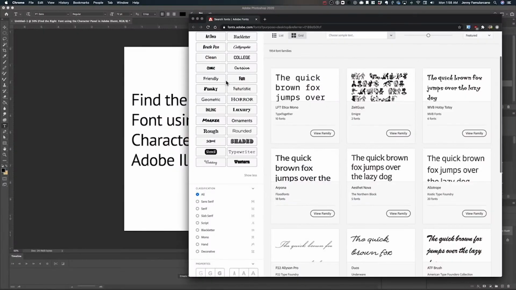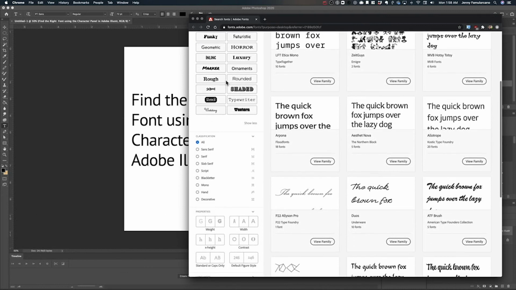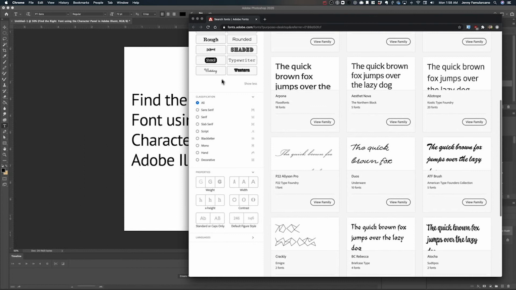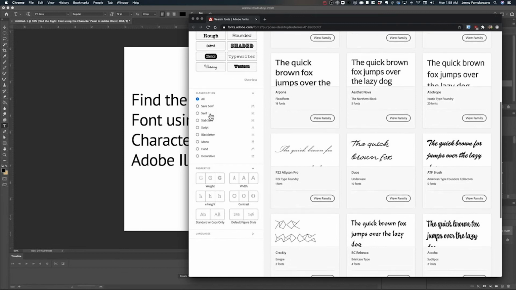If you scroll down a little bit more on the left-hand side, you're going to see the classifications and properties exactly the same as how it's displayed in both Adobe InDesign and Illustrator, where you can filter as many fonts as you want. So hopefully that covers Photoshop, and you can navigate to the Adobe Fonts website directly and filter through all of these. Select your favorites and they should sync to your InDesign and your Illustrator through the Creative Cloud. So that was the character panel in Adobe InDesign, Illustrator, and Photoshop.